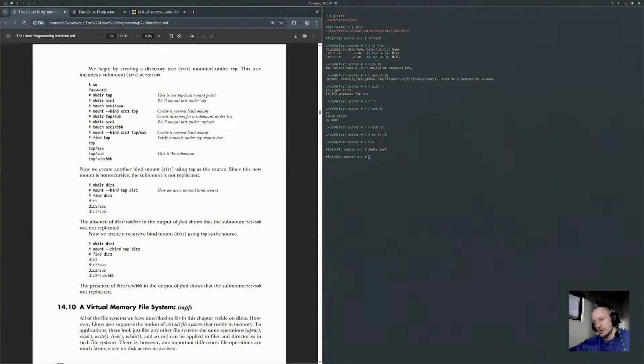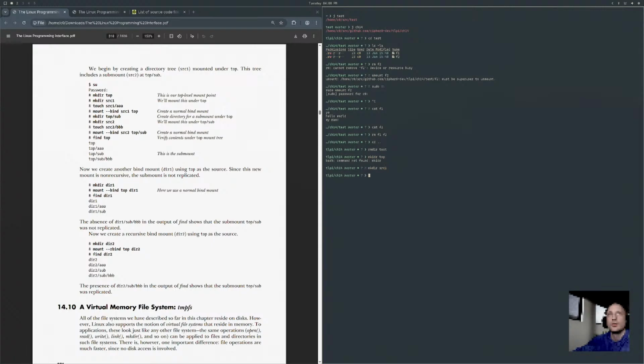Okay, this is getting kind of confusing. So we mkdir top, mkdir source1, touch source1/AAA, and then we mount --bind source1 to top.